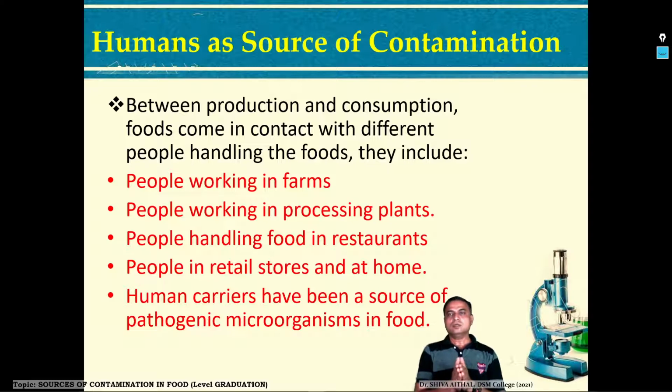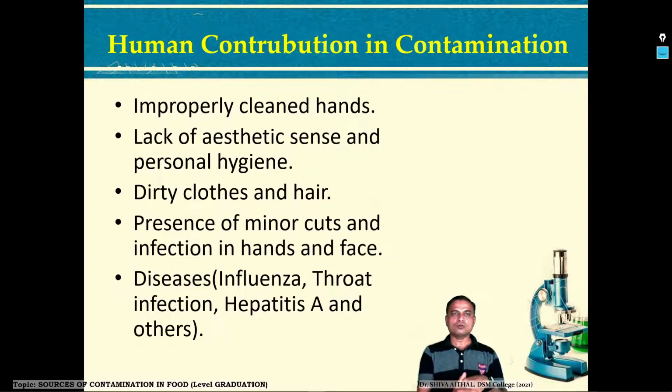Unhealthy practices, the best example is pani puri. It is one of the worst examples of humans as a source of contamination. If you just go on seeing the production to the consumption of pani puri, there is no heat involved in it, then the storage is large, the water which is used is unclean, the nails, the hygienic conditions, etc. It's horrible. So humans itself can become a source of contamination.